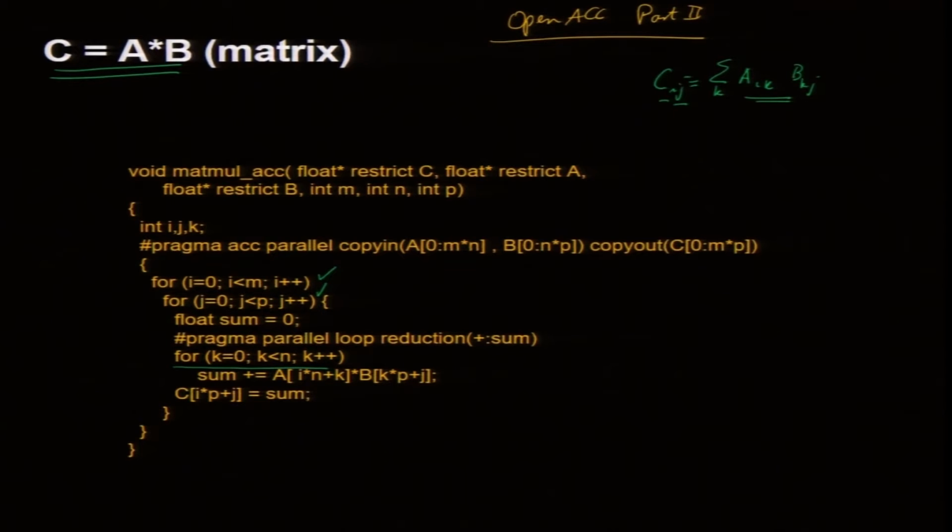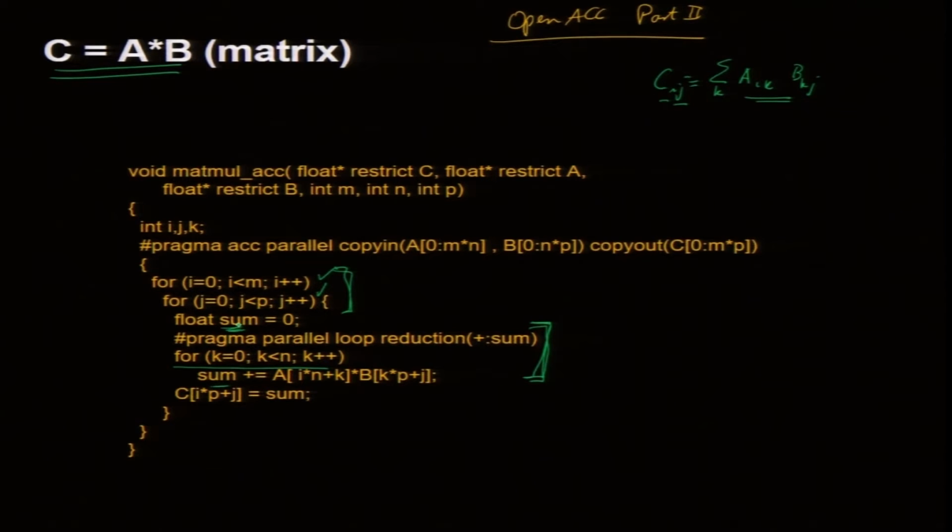Okay. So, this sum should be done in parallel, this part we would like to do in parallel. Of course, even this loop we want to do in parallel. So, there will be a lot of threads, okay. But look at the k loop first. So, for k equal to 0, k less than n, k plus plus, I do the sum.